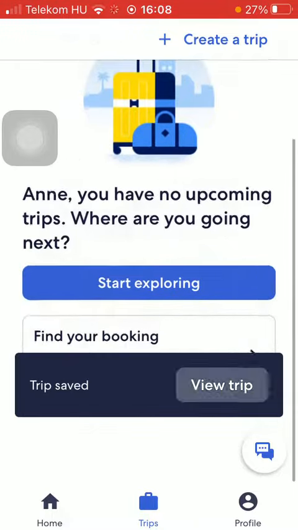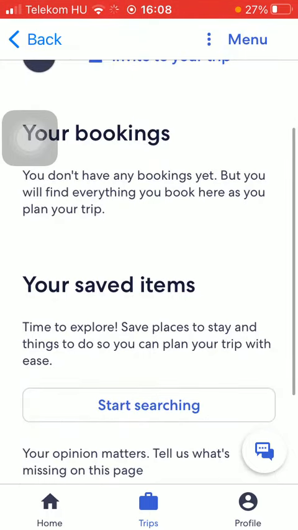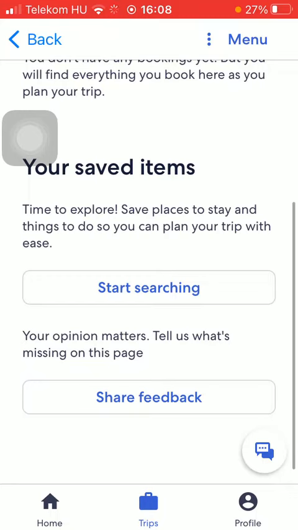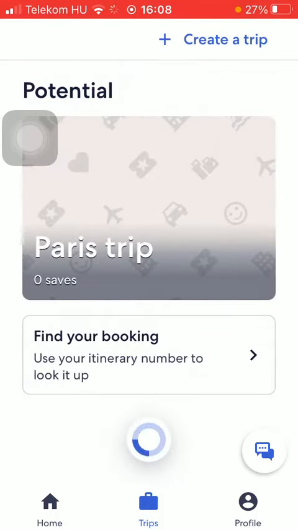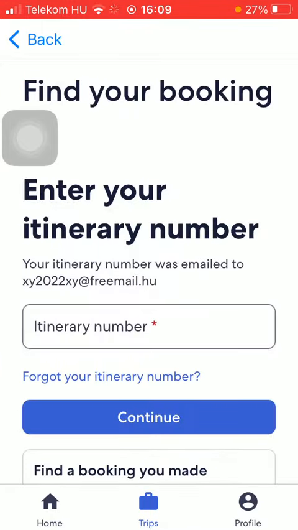So here you can find it in this trips section. Here you have it. If you want to invite someone, tap on the invite to your trip button and you can save your bookings here. You can add items to this section. So tap on the find your booking button to